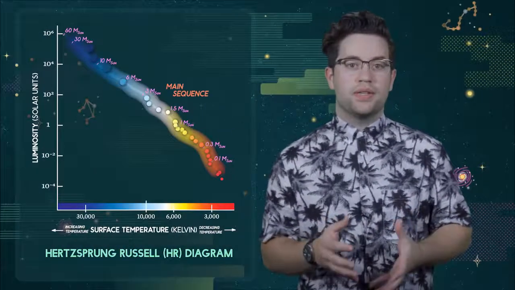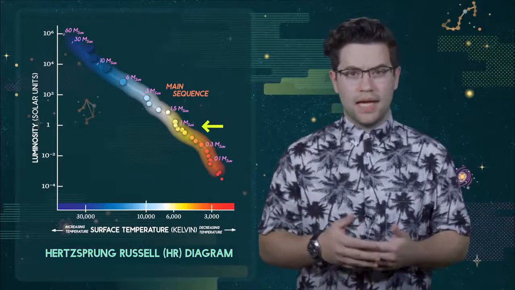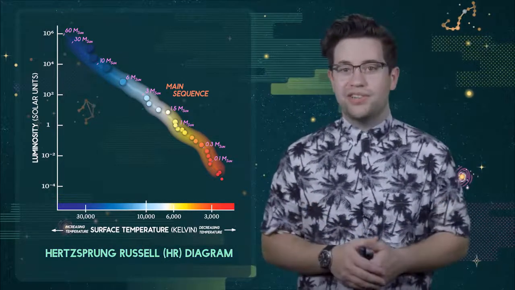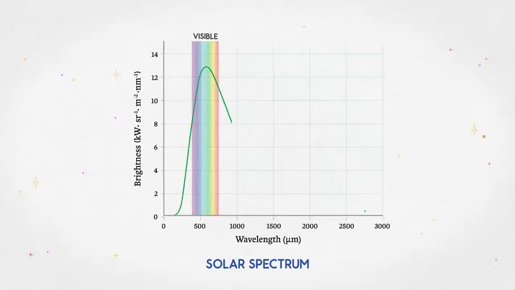At midday, there is one star visible to our eyes, the Sun. At this point, you might be wondering where the Sun lies on an HR diagram, meaning how does it compare to other stars? Well, the Sun happens to be pretty average. It's not terribly hot or particularly cold. The sun's spectrum peaks at a wavelength of about 500 nanometers, which is greenish. It appears whitish or yellowish to our eyes because it is emitting a lot of light across the entire visible